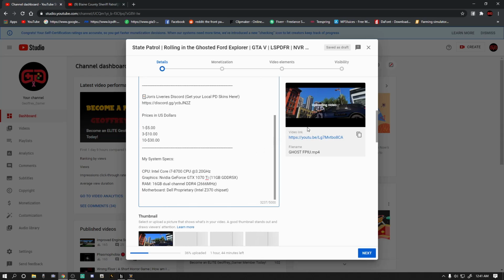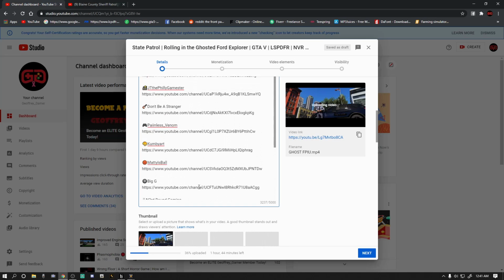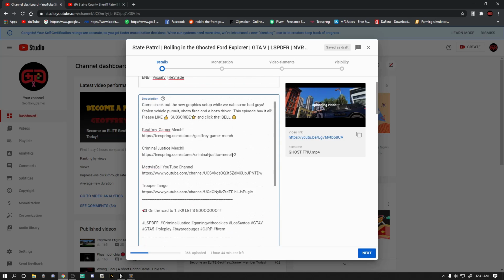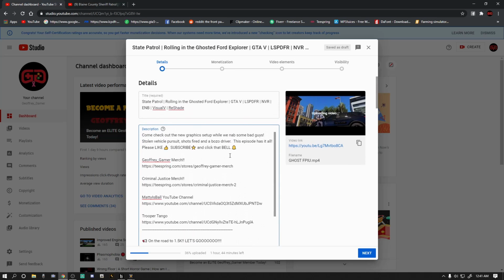Another thing people like to do, if you got great graphics or your game's running awesome, people always want to know what your specs are. Get your computer specs, put them in your description, and that way when people say, hey, these graphics look great, what are your specs? Instead of having to write it out all the time, just look at the bottom of the description. All the specs are right down there, and they can see it, okay? So your description is your lifeline to your video, to your channel, to you. This right here is the veins of your videos, okay, guys?